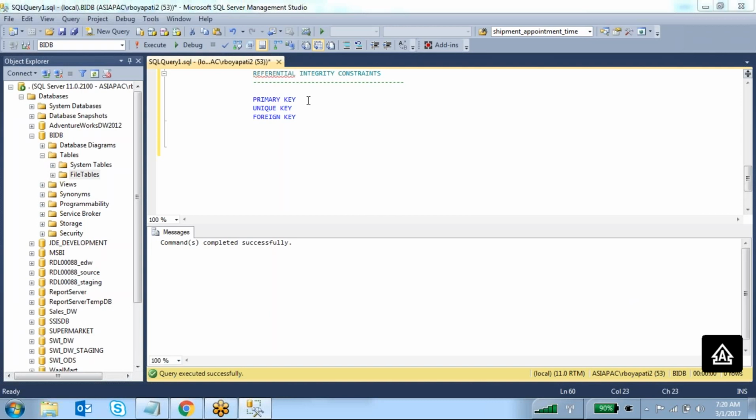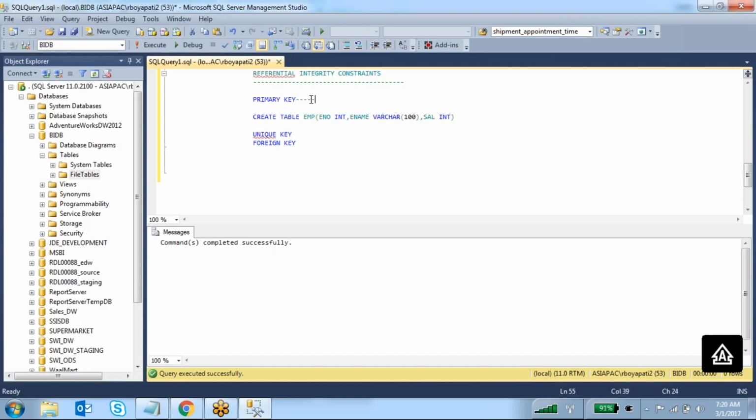Whenever you create a primary key on a table, for example, create table emp with employee number integer, employee name varchar, and salary integer. Okay, if I am creating a primary key on this employee number column,